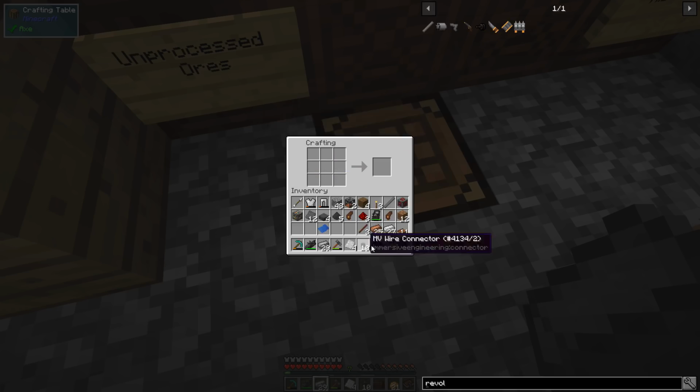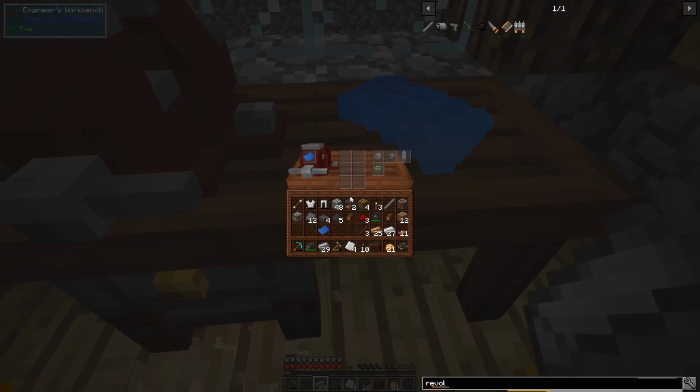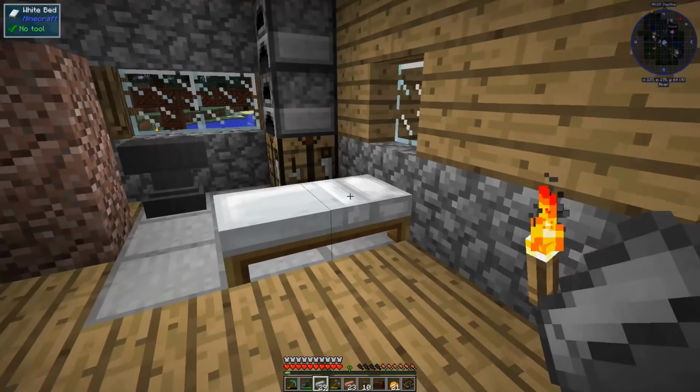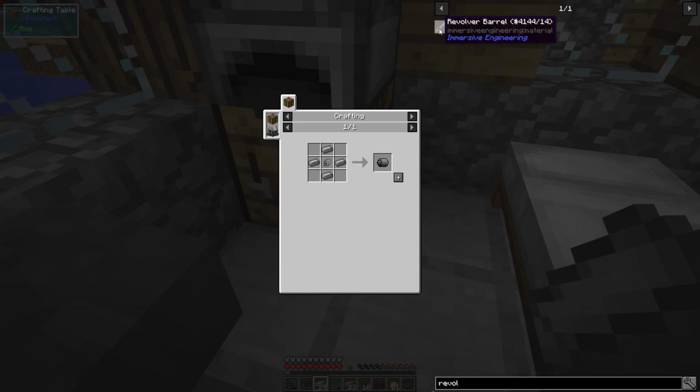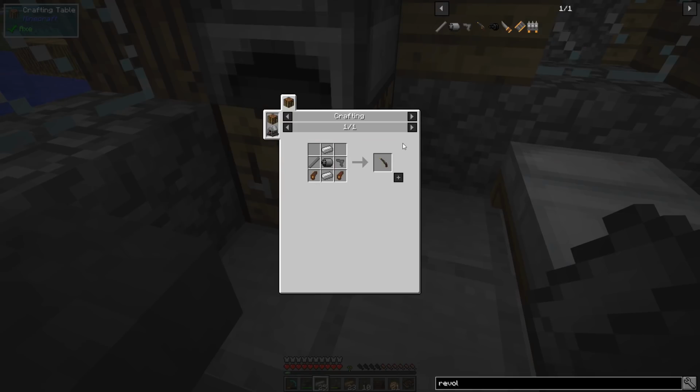revolver drum, and we need an iron mechanical component for that. I made a couple between the cuts, I made some iron plates. Let's just make those and we'll get those. Okay, get 2 of those. All right, and then we should be able to make the revolver drum. Yep, just 1 is all we need. We'll get these back. We don't need to do that. And then we should be able to craft...